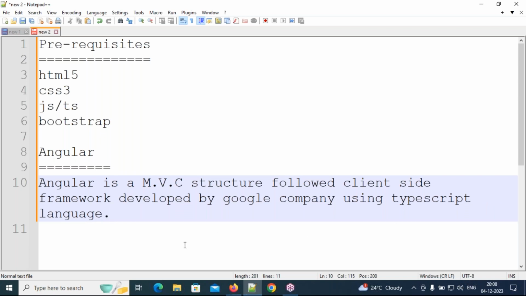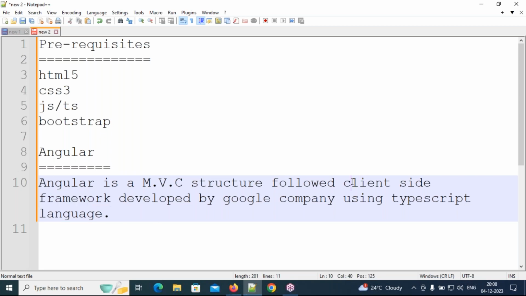Since it is developed with the TypeScript language, we must know about TypeScript also. That's why I'm sharing the TypeScript videos with you. Understand, everybody? I will explain the MVC structure a little bit later. Now, let me focus on the MVC structure followed client-side framework.